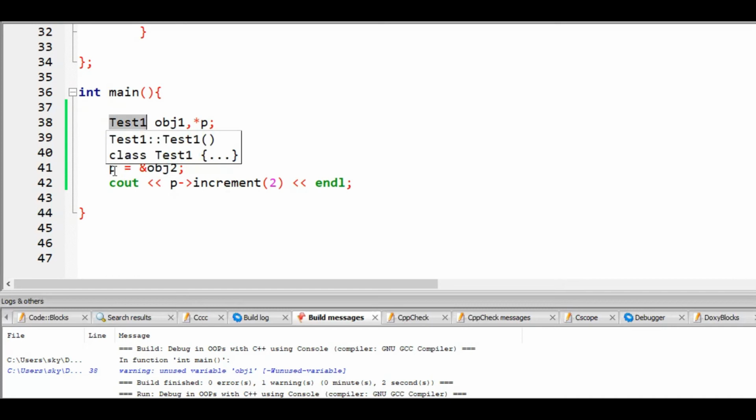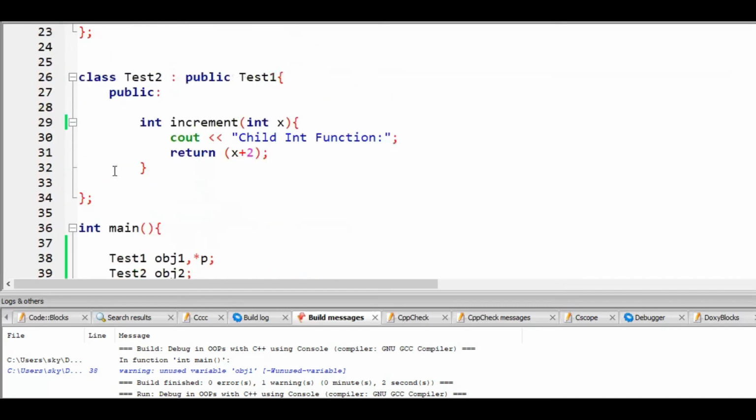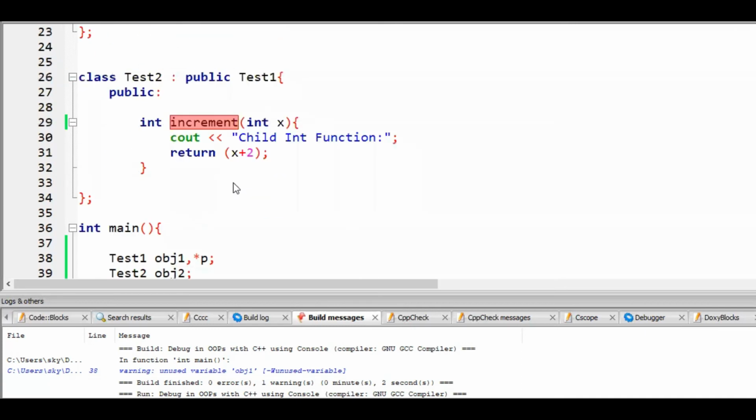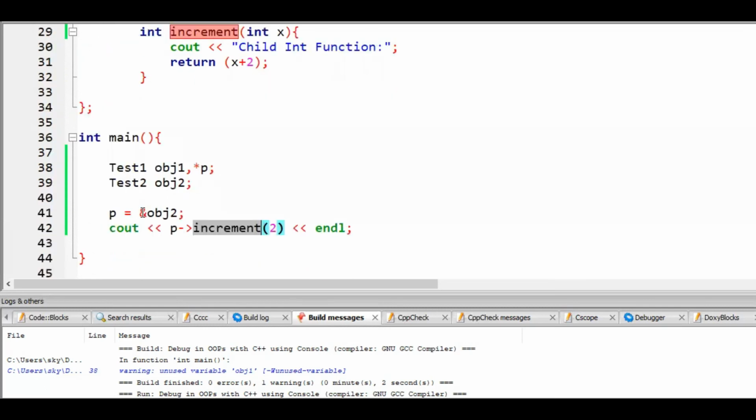So if I know the type of p, then I can bind its functions. If you are calling p and accessing its function, then I will not bind it with the content, because the compiler wouldn't understand this thing.